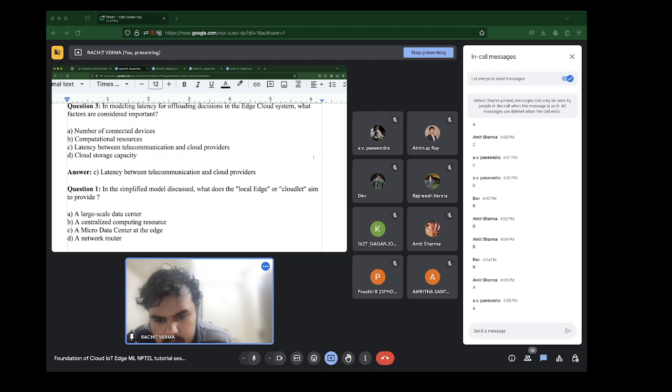Okay, so let's look at this one. In the simplified model discussed, what does the local edge or cloudlet aim to provide? Is it A, large scale data center, B, a centralized computing resource, C, a micro data center at the edge, or D, a network router? Micro data center.